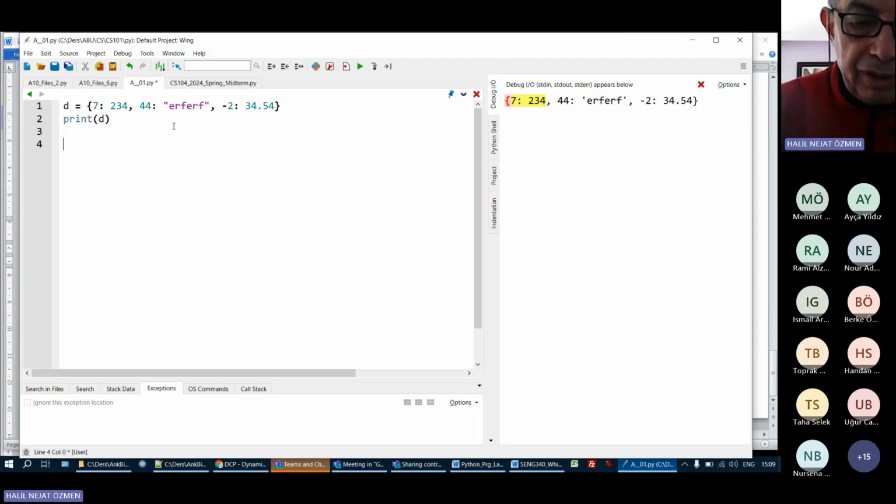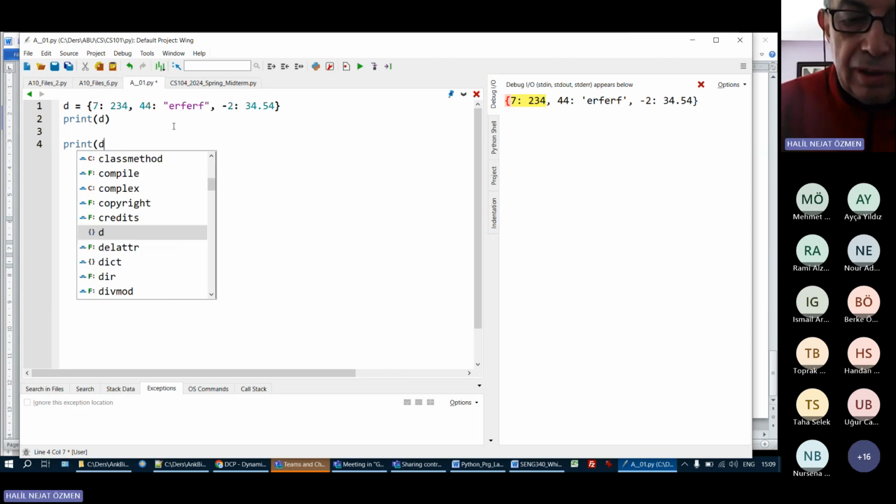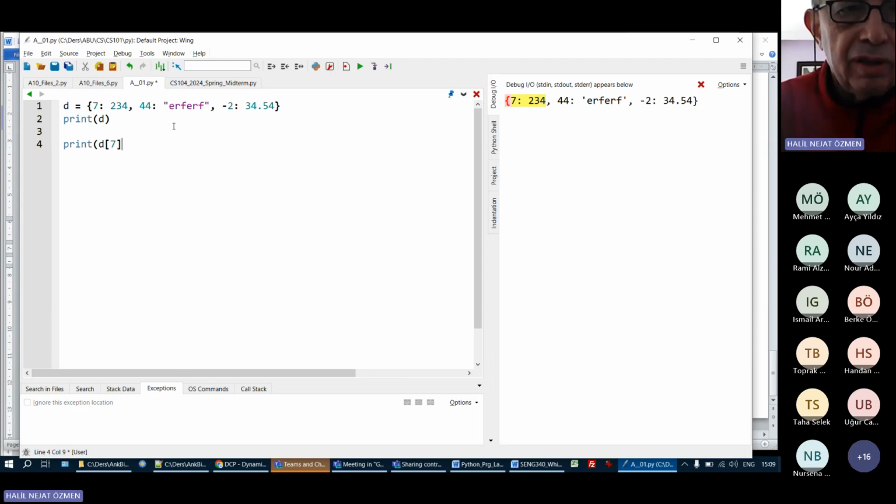If I just say print, for example, D with index 7, I will get the value of the first element, 234. Okay, this will print 234. Or let's use the same thing but with -2, we will be printing the value of the last element, the value of the element which has key equal to -2. Okay, and we can also have